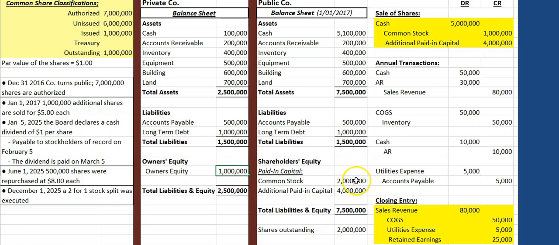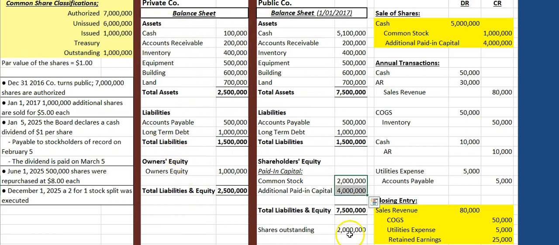So the owner got an extra $2 million. Why? Well, because the market paid a lot more for the 50% share that he or she sold, right? They paid $5 per share, not the $1 per share that was initially estimated